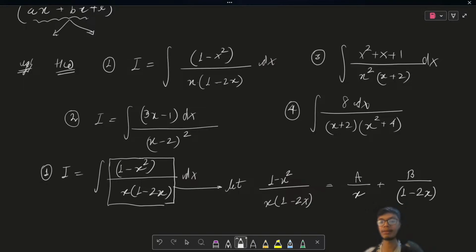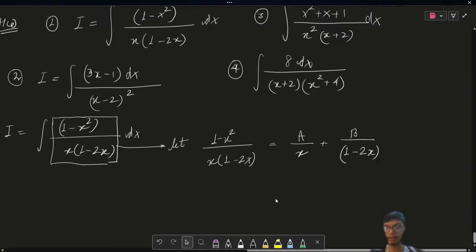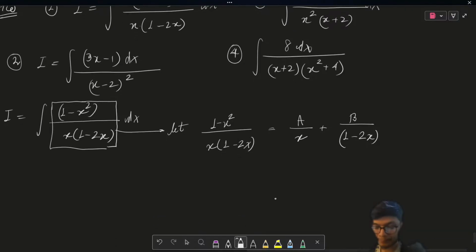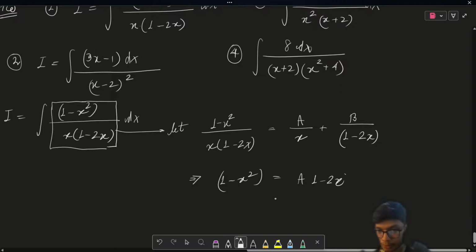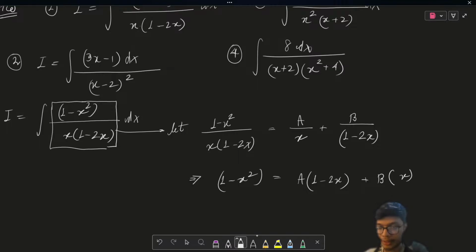Okay, so we can write this in terms of a by x plus b by 1 upon 2x, right? So that's what we separate out in terms of partial fraction, and then if I simplify to get the value of a and b, then we have 1 minus x square is equals to a times 1 minus 2x plus b times x over here, right? So from this, if I try to compare the results,